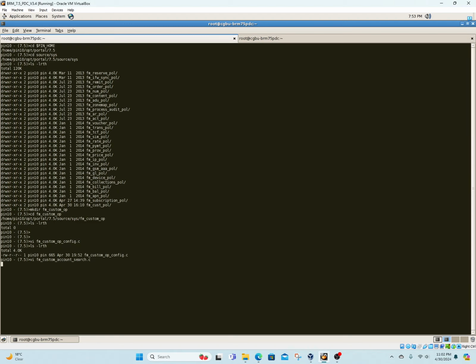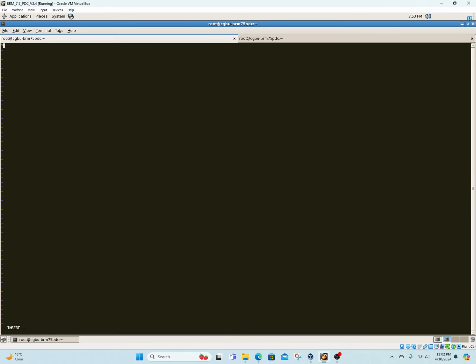So edit it and put the comments. Just try to put the aim of this particular file. So let's say put file name: fm_custom_account_search.c, and